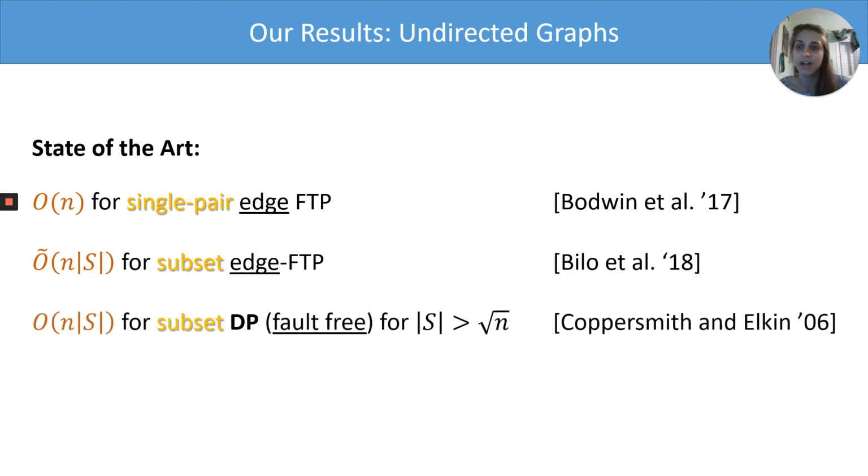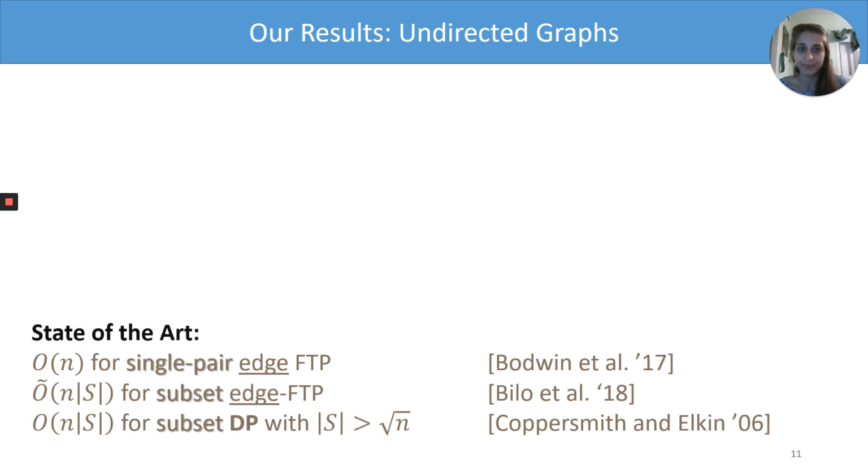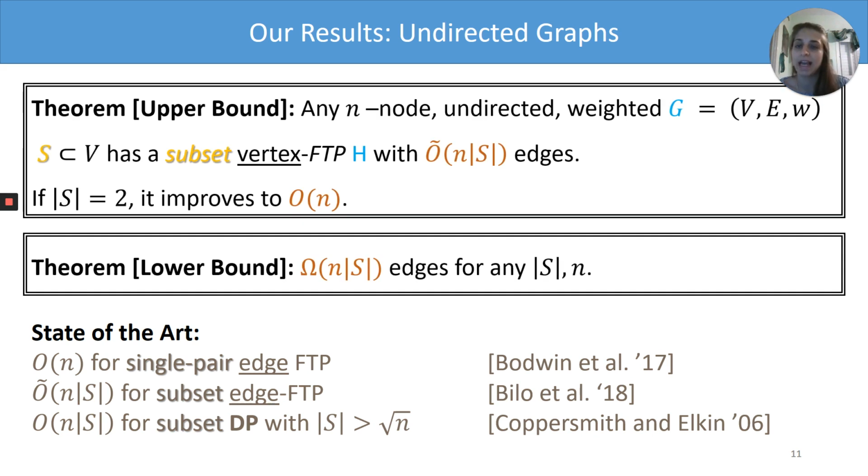Another interesting result is the one of Coppersmith and Elkin, an upper bound of O(n√s) for subset distance preservers in the fault-free setting. Note that this is very close to the state-of-the-art result for edge fault tolerance, and we'll talk about it in the next slide. So our result in undirected graphs: given an n-node undirected weighted graph G and a